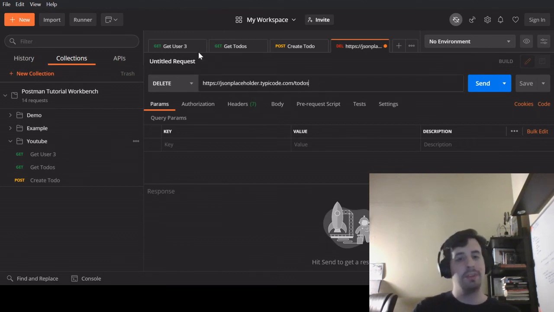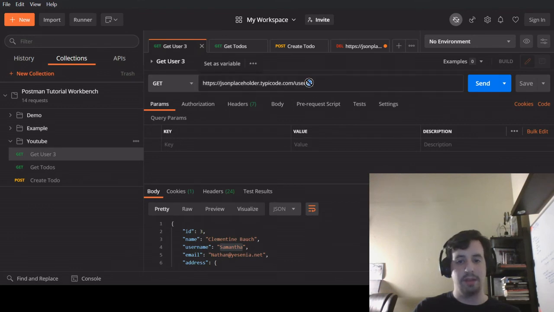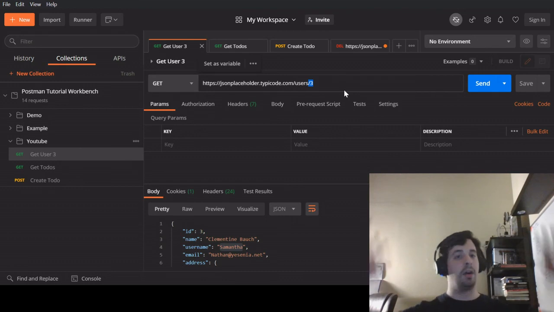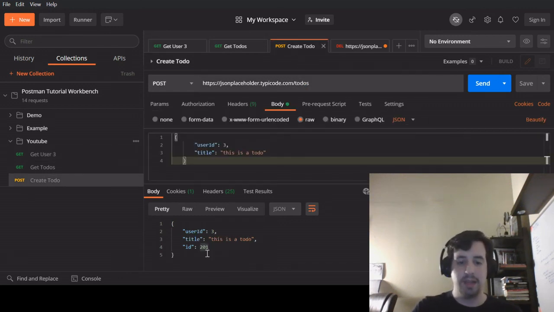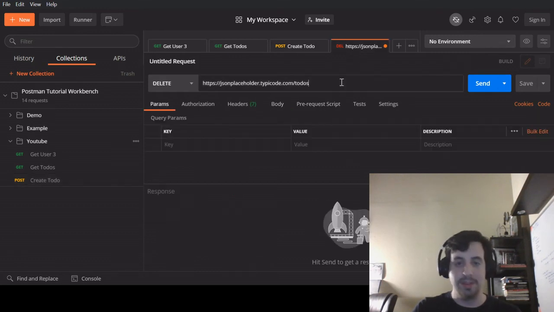But you remember when I was getting the specific user, I included this last little piece there, the actual /3, which says not all users, but this user. And that's what we're going to do here. But I need a different ID, of course. So let's use the ID that the server gave us back,